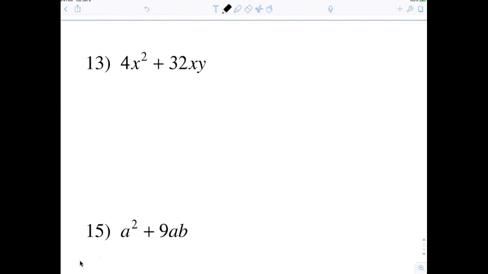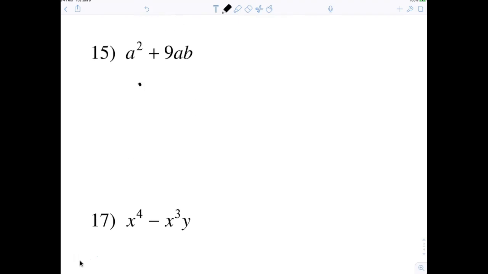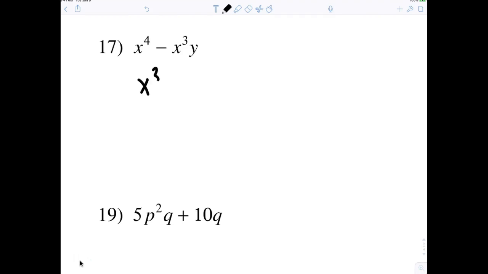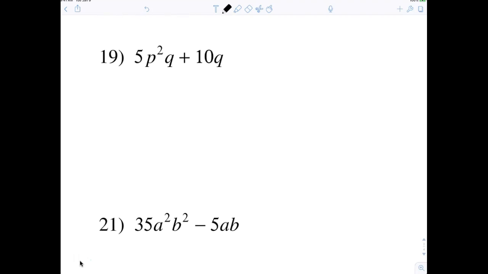All right, here we go. 13. You're awesome. That's exactly correct. Don't be confused if there's multiple variables. Go. Good job. Very good. Very, very good. Go. X cubed and then x minus. Nice. Good. And then P to the second. Very good. Plus